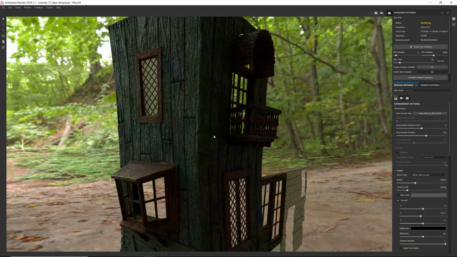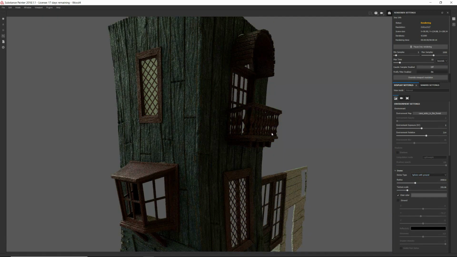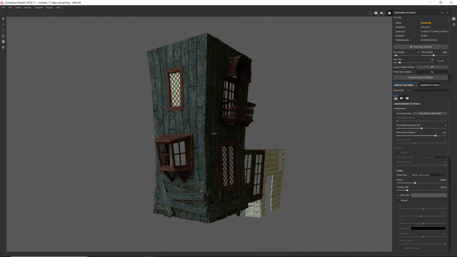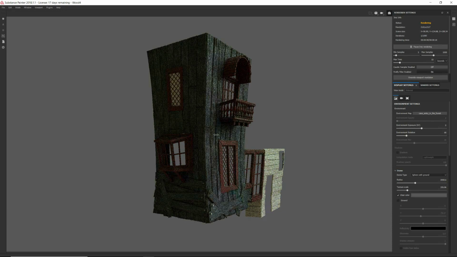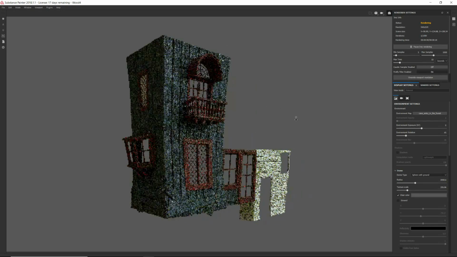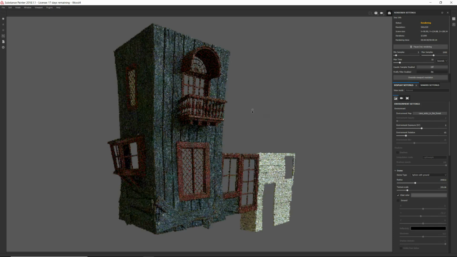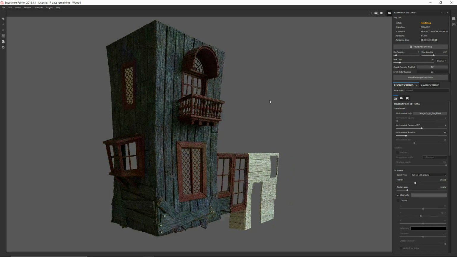These materials are without displacement, so all you are seeing here is only normal map. And let's exit this iRay, and I will make a quick painted wood texture so you can see better how I